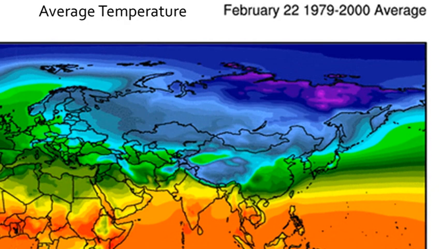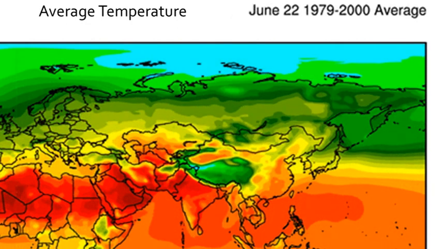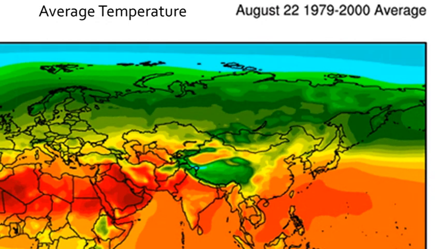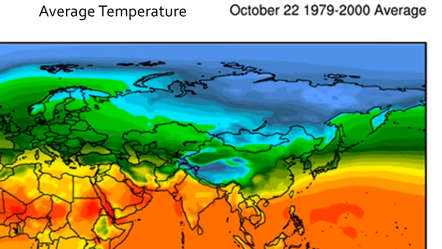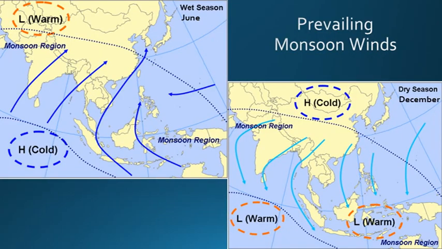As you learned from the distance learning modules, as we move into Northern Hemisphere summer, the Asian landmass becomes warmer than the ocean. As winter sets in, the continent becomes colder than the ocean. These temperature differences create pressure differences which result in large-scale wind reversals known as the monsoon. So on the left, low pressure overland sucks in moist air off the ocean, producing the summer wet season for most of southern Asia. On the right, dry cold air blows from the continent towards the warmer ocean during the winter dry season.